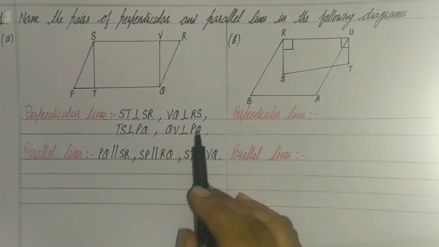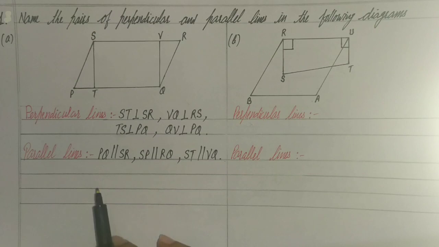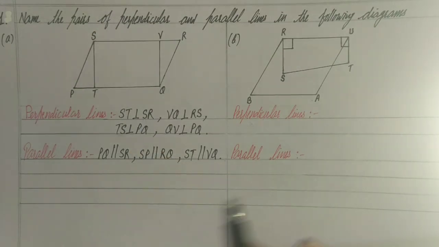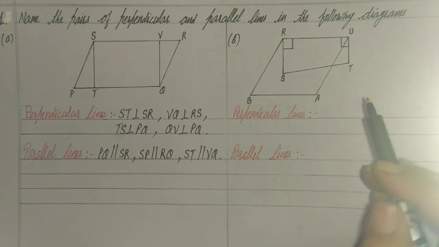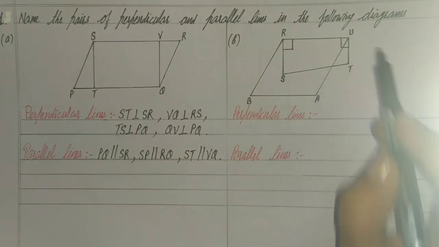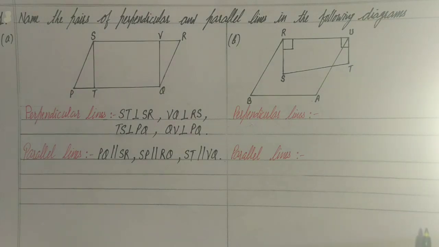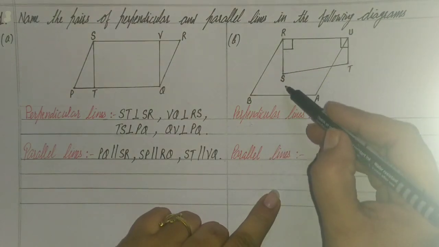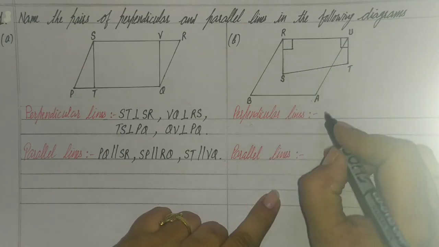So there are four pairs of perpendicular and three pairs of parallel lines in the first figure. Now coming to the second one, here in this figure these two angles are already marked. It means these are the two perpendiculars given on the segment. Perpendicular lines here, RS is perpendicular to